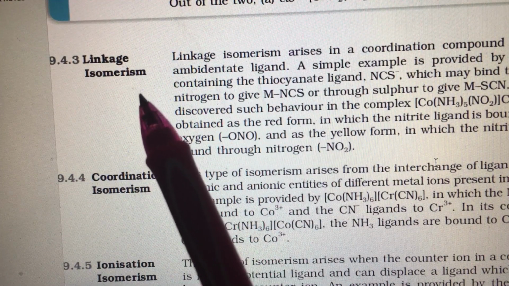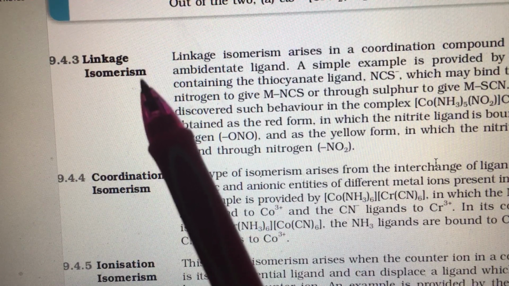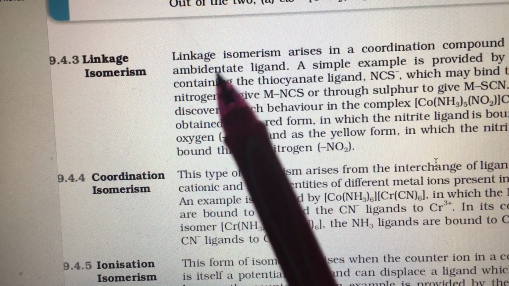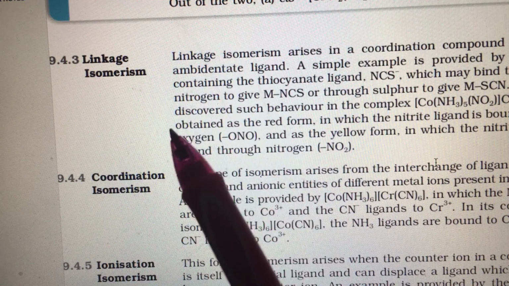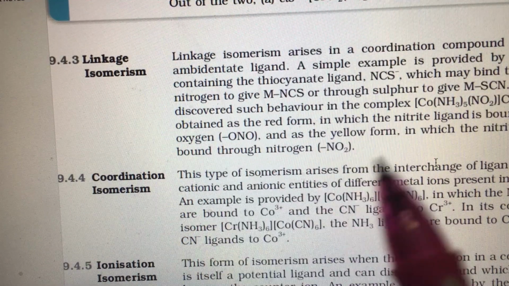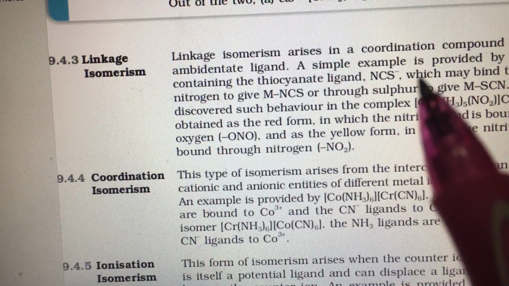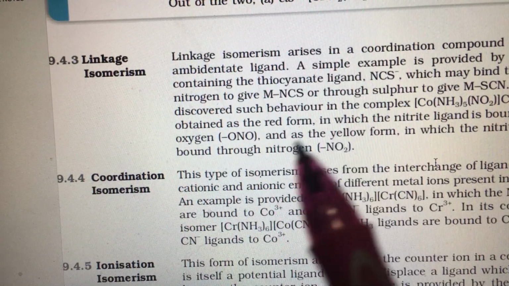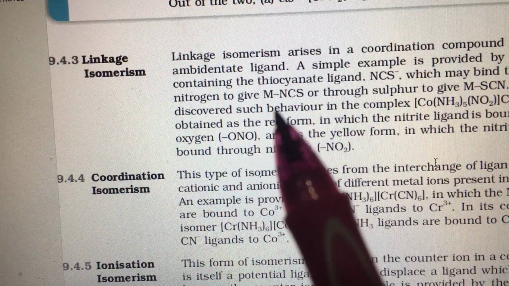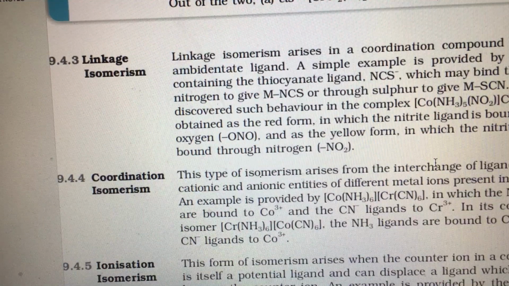If you have an ambident ligand, it is one which can be linked through either of its atoms one at a time. Thiocyanide, NO2, CN are ambident ligands. Mind you, NO3 minus is not an ambident ligand, only NO2 is an ambident ligand. Okay. Now, when you have an ambident ligand, the ligand can be linked through either of the atoms. That makes a